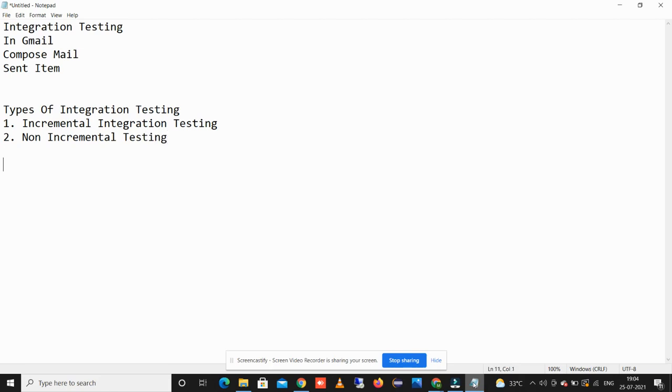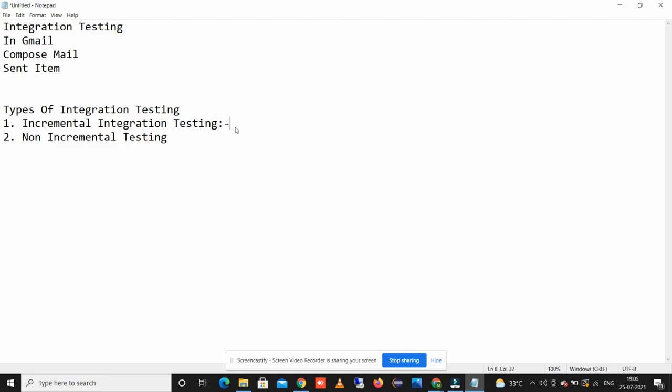Incremental integration testing means incrementally adding the modules and testing the data flow between them. Like first we have module A and then we add module B, testing the data flow between them. That is called incremental testing. For example, in incremental testing we are adding the modules in an incremental way.